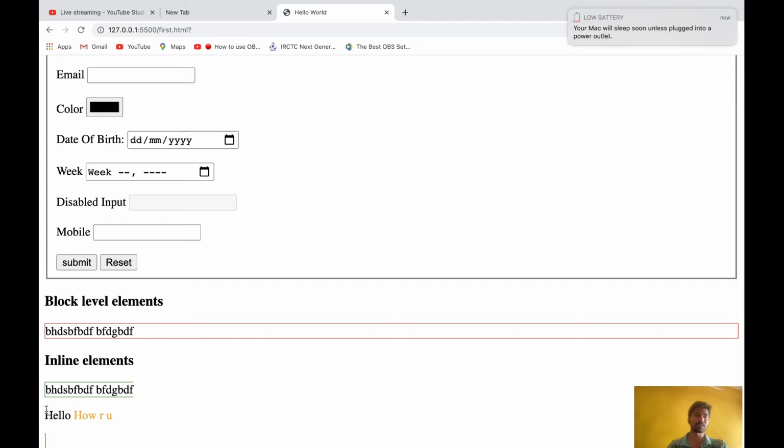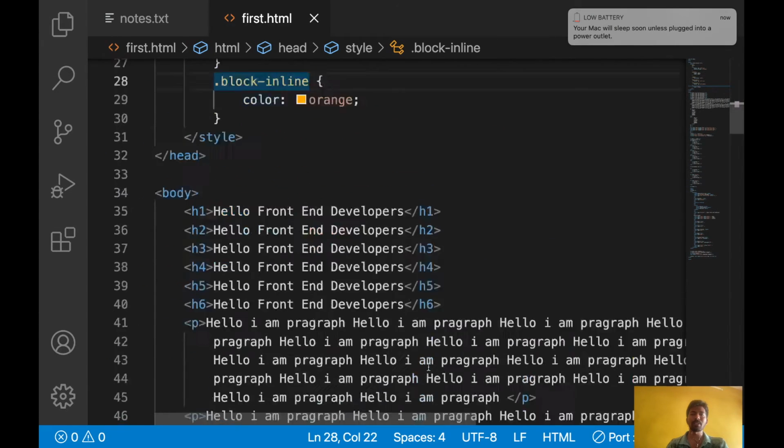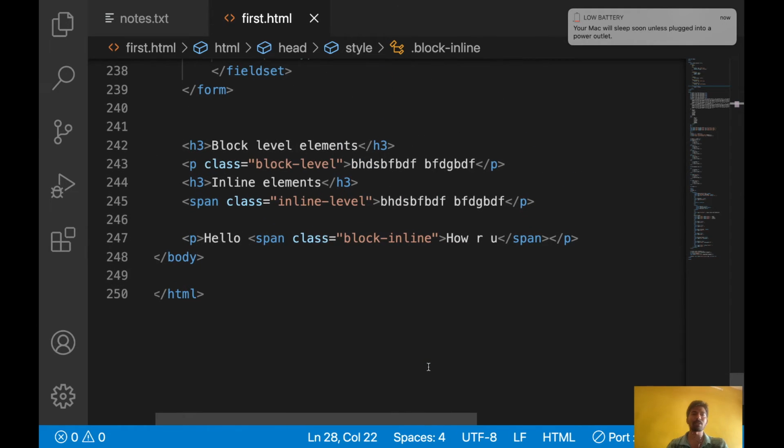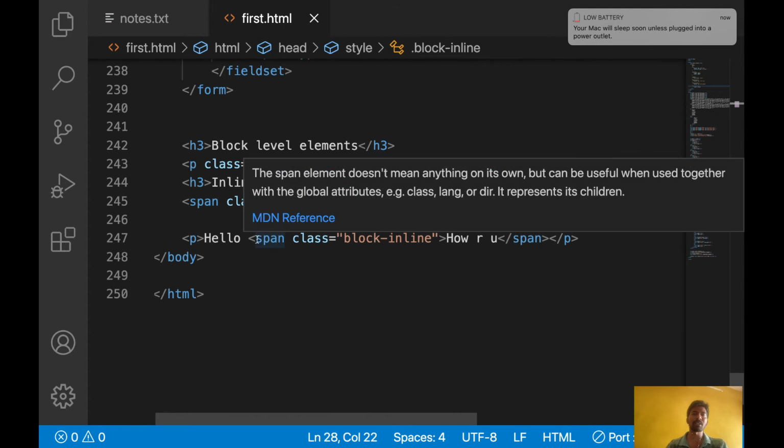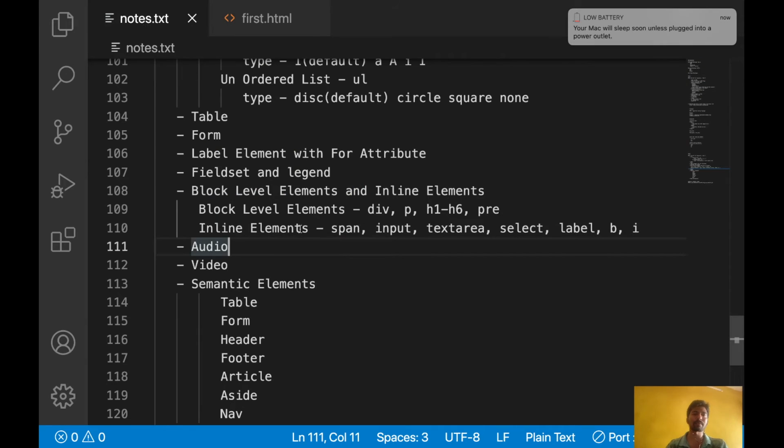See, in hello how are you, I am highlighting this how are you using this span. So at that time you can use the inline elements. If you want to write something inside a block level element for particular content, if you want to highlight color or background color or font size or something, you can use the inline element and you can write particular styles.